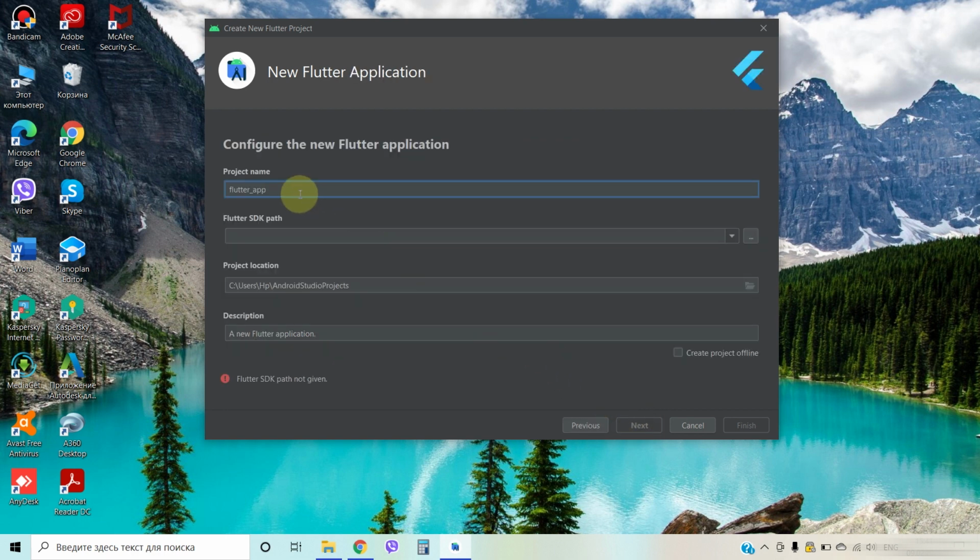Then change project name. Select path to Flutter SDK folder.